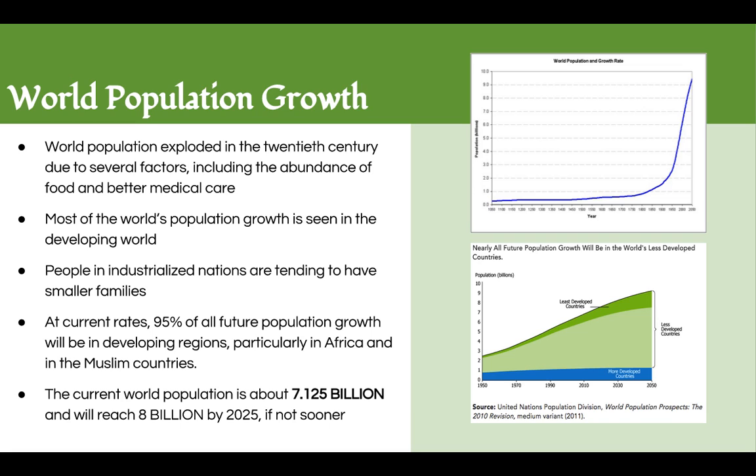Most of the world's population growth is actually seen in the developing world, and the graph there on the bottom shows that. Pretty much over the last 60 years or so, the population of industrialized countries has pretty much stayed the same with a little bit of growth. But countries that are non-industrialized or are still industrializing, they're seeing the biggest population growth. And that's because they are seeing the biggest gains in health and in a lowering of their infant mortality rates.